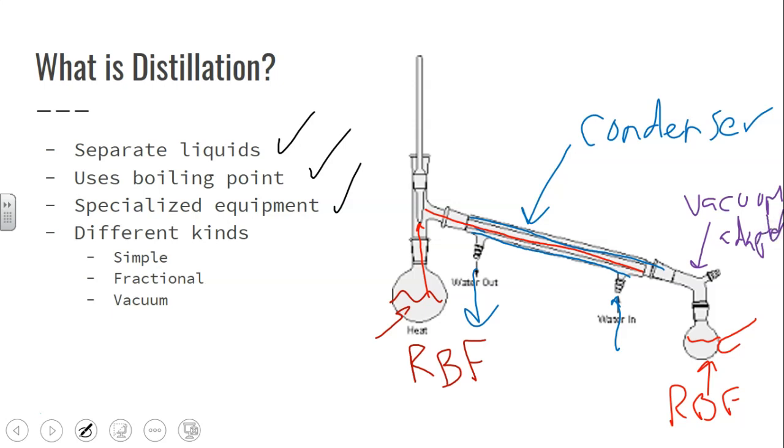I'm running out of room. Okay, adapter. And the vacuum adapter allows you to hook your distillation apparatus up to a vacuum pump and do your